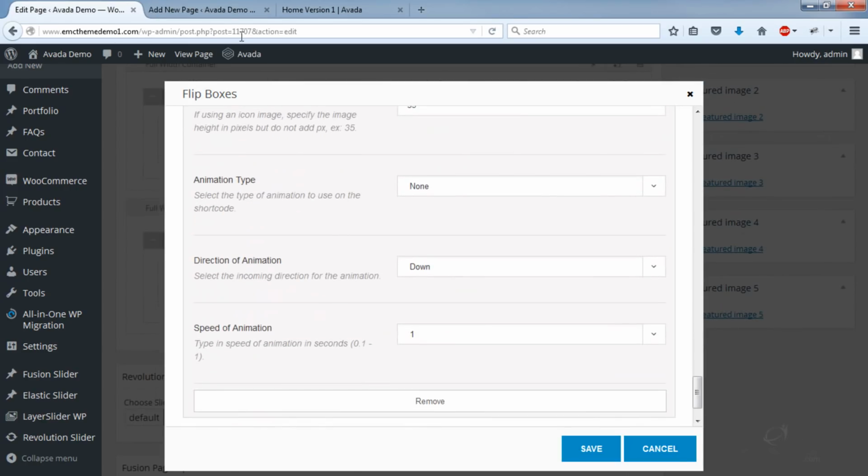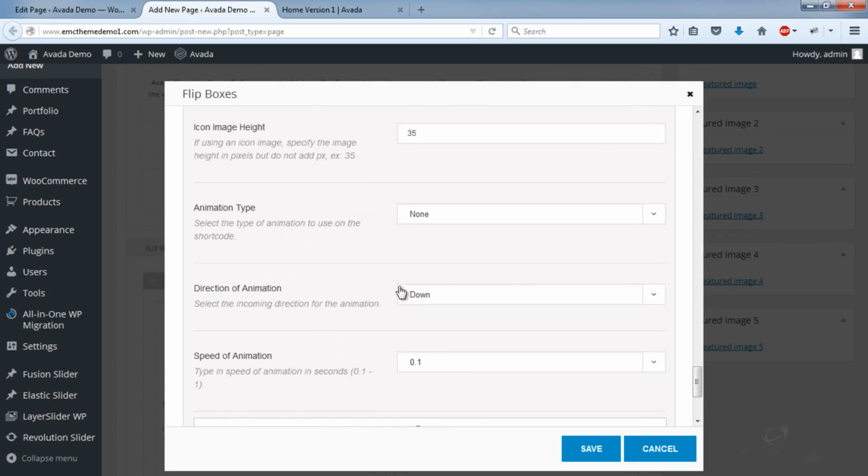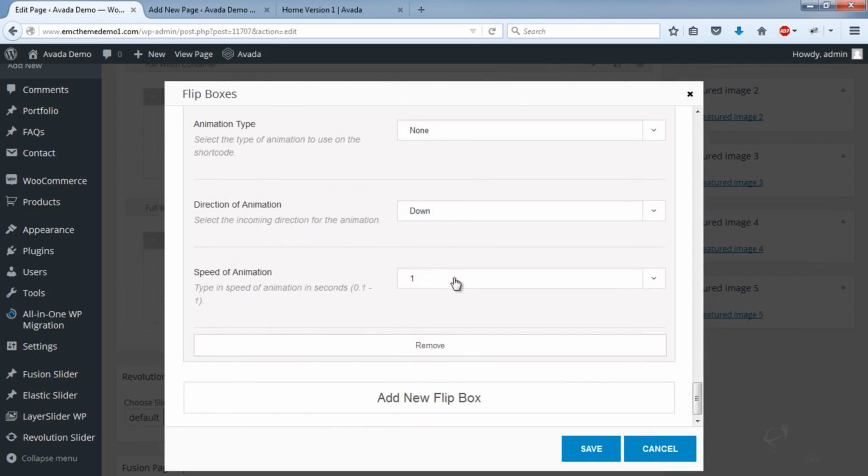Spinning icon, no. Icon width, height. Yep. Direction of the animation down, 0.1. Let's try 0.2. And so that's one flip box set up.